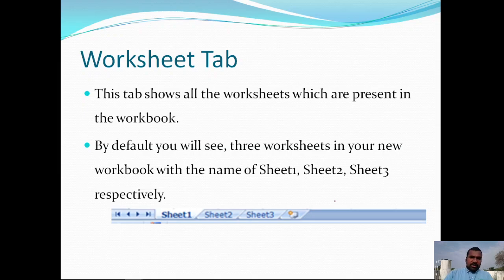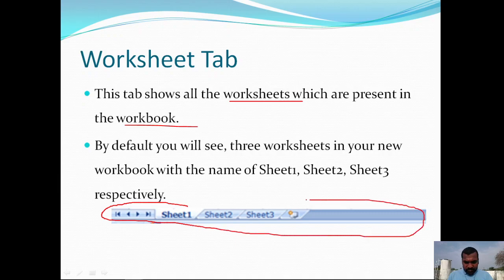Now coming to the worksheet tab. This tab shows all the worksheets which are present in the workbook. A workbook by default contains 3 sheets: Sheet 1, Sheet 2, Sheet 3.